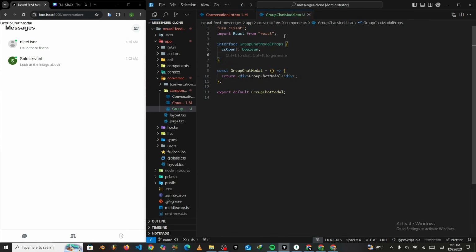Then we say onClose, set that to void just like this. Then users is going to be User, then array,